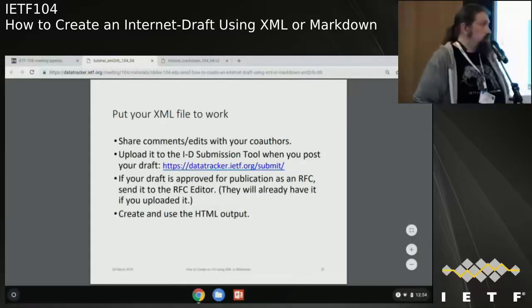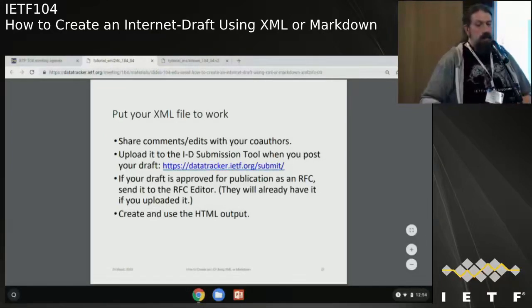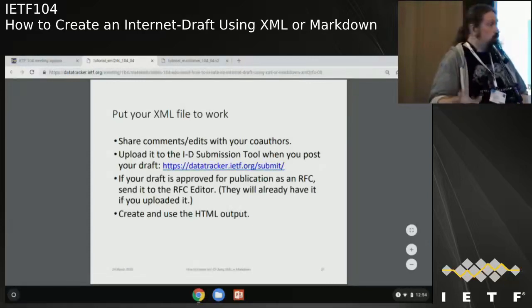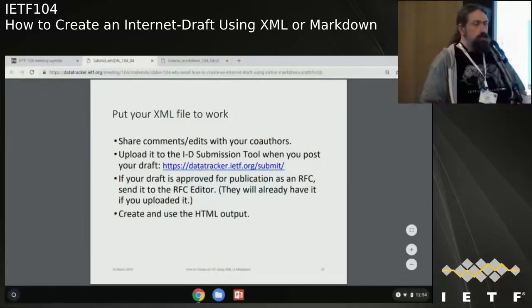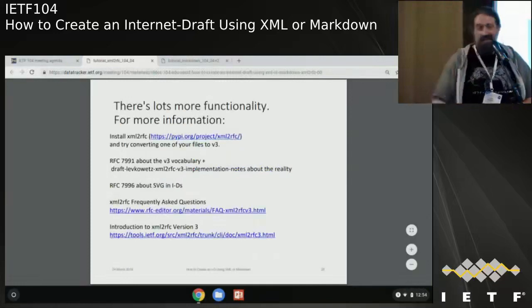Once your draft is approved for publication, the RFC editor would really like your XML format. It helps them get started very quickly. And if you've been submitting it through the data tracker, they've already got it. And like I said, you can use these to render your internet draft to HTML, so it's possibly more accessible to some people. There's a lot more functionality than we can cover in this